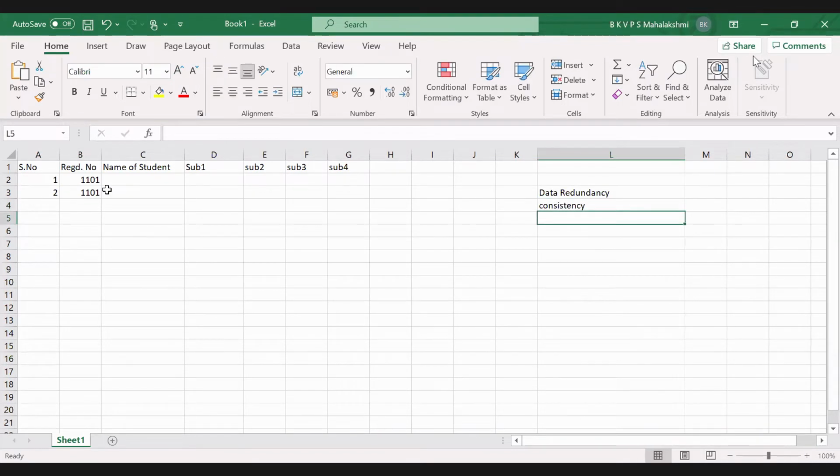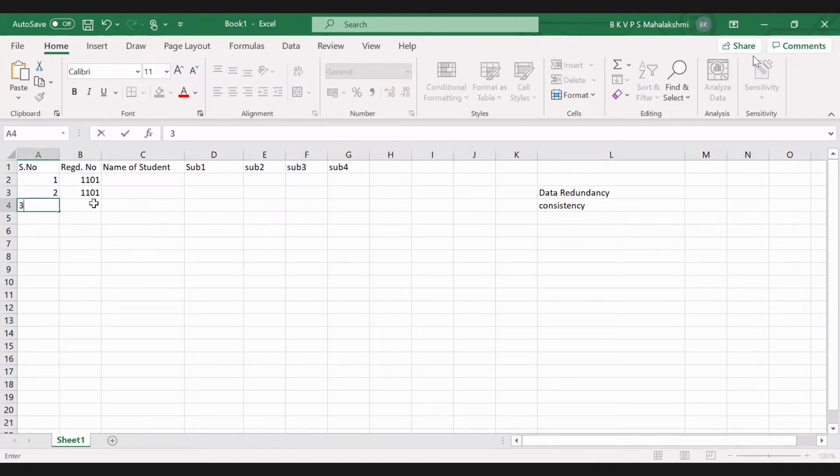Consistency means you are entering the same student again. Suppose I give you one more example for this. 1, 1, 0, 3 for students: subject 1 80, 90, subject 2 80, some 70, some 60.